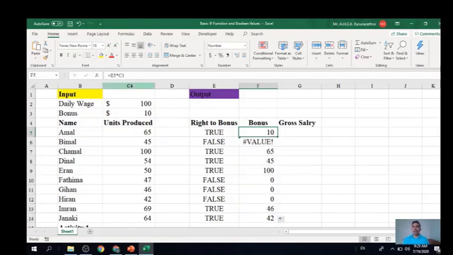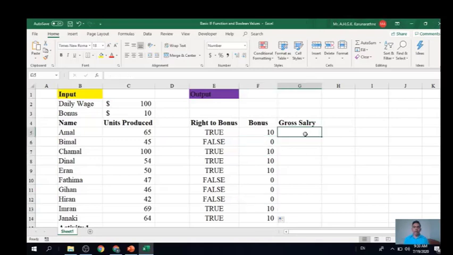We did not fix this cell. We'll fix this cell. Press F4, just enter, and okay, now you can see all the employees who got true in front of their names got the bonus.